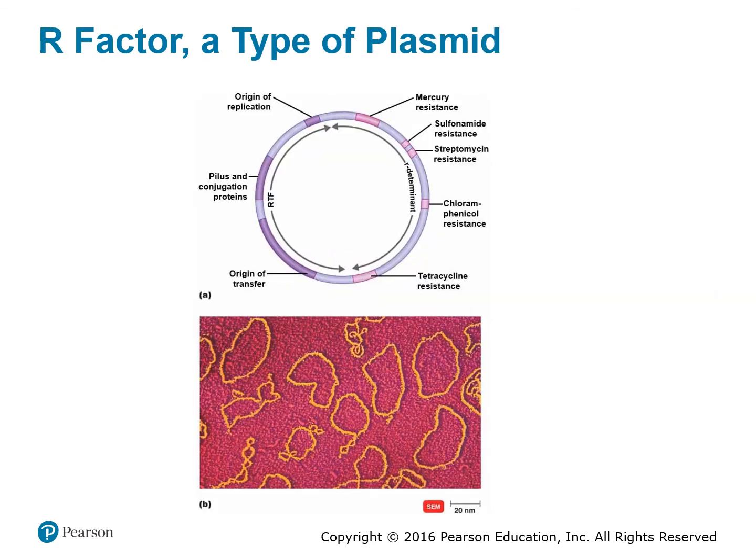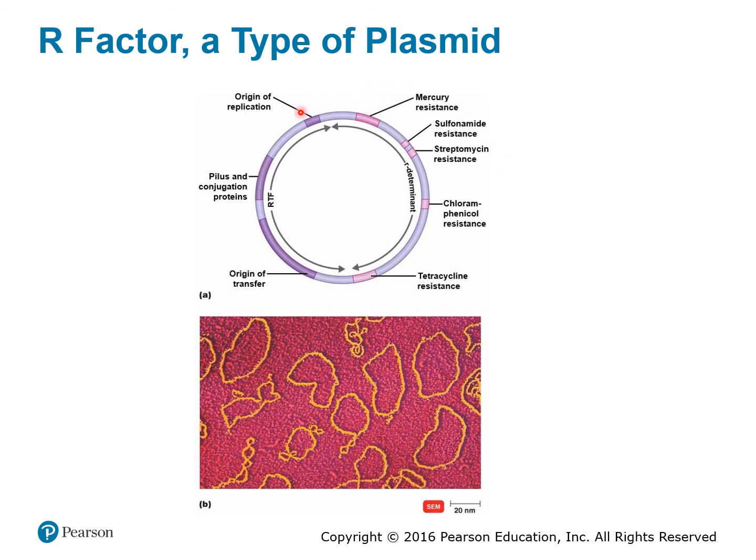An example of a plasmid is a plasmid known as the R factor or the resistant factor plasmid. And this plasmid, the reason why it's called resistant, because this plasmid carries lots of genes that are going to encode for proteins that are resistant to multiple antibiotics. So it contains tetracycline resistant genetic information, streptomycin. As you can see, a bunch of different resistant genes to so many